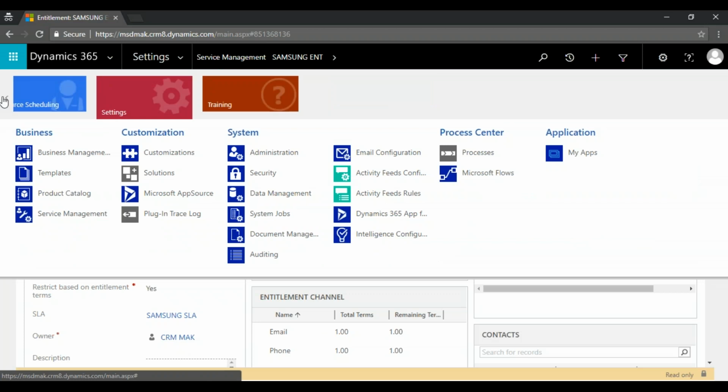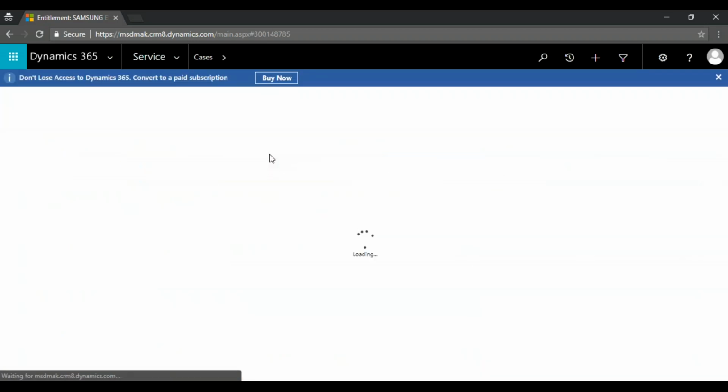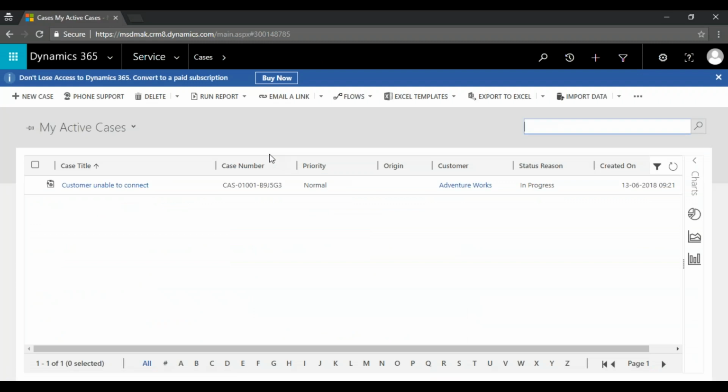Now we'll go back to the service module. You have activated that contract, right? Yes, entitlement. I see the products on the right side.